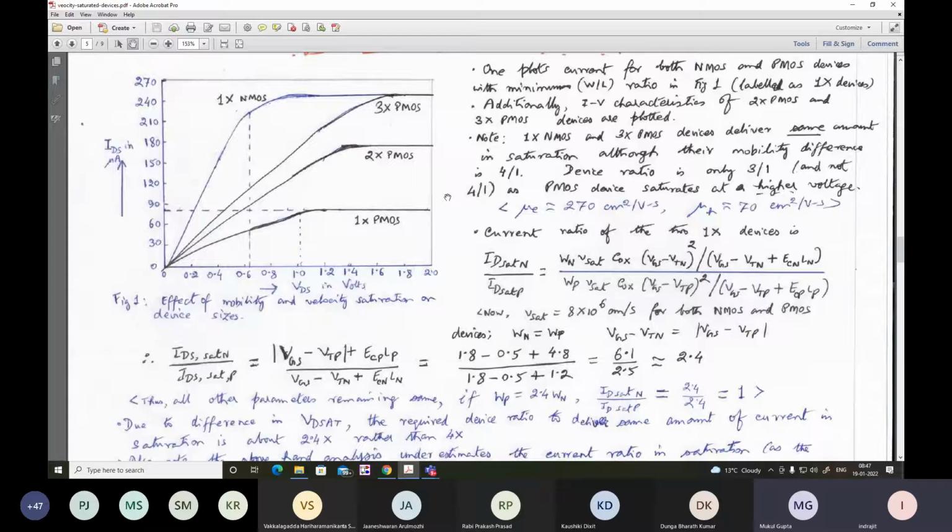If you have to charge up the capacitive load, it is the responsibility of the pull up PMOS device. And in order to charge down the capacitive load, it is the responsibility of the pull down NMOS device. So if you take only minimum size NMOS and minimum size PMOS to construct the inverter, inevitably there will be asymmetry in the charge up and charge down time.